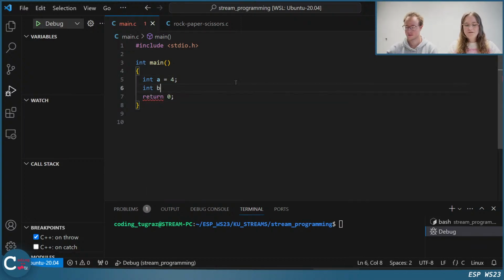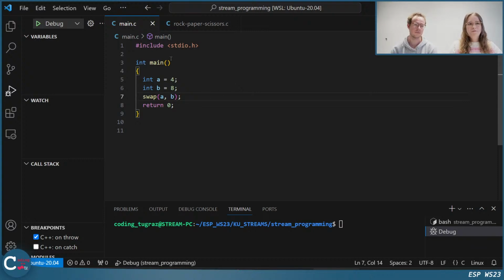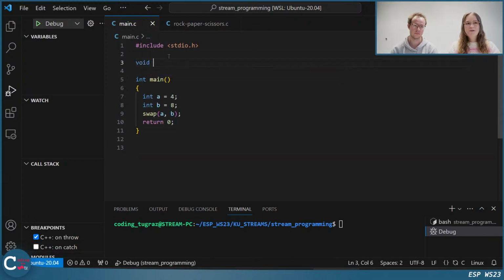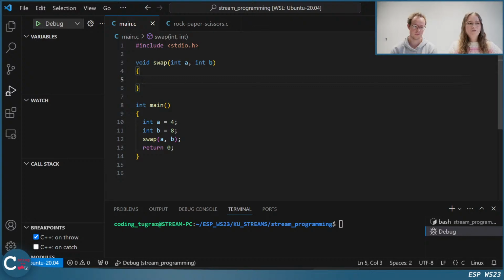Let's say we have two integers. Let's just define them. We have a and b. And now we want to write a function which swaps those integers. So let's write it. We don't want to return anything because we just want to swap those. We call the swap function and have specified these two parameters, parameter a and parameter b. So this a would then have the value 4, and the b, the value 8.